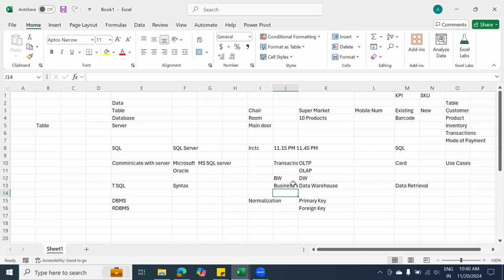Now let me connect the dots here. Purpose of it? So this is like your data godown. You store all your data here because data is generated in multiple tables. If you want to prepare a report, you need to combine all these tables, then you can generate a report. So this entire transactions information will be stored in a safe place called DW, data warehouse. So that is nothing but your OLAP system. Did I answer your question? Am I clear?